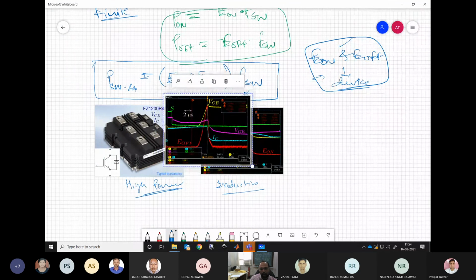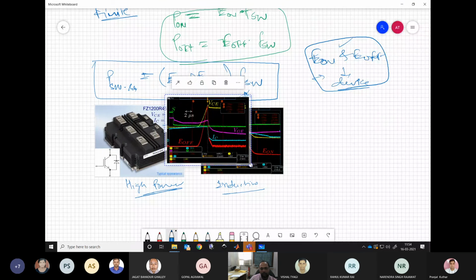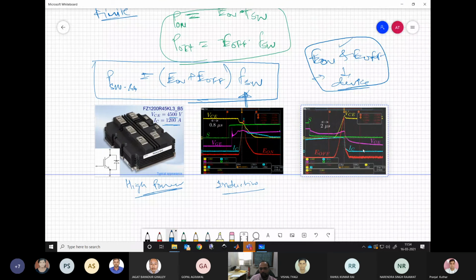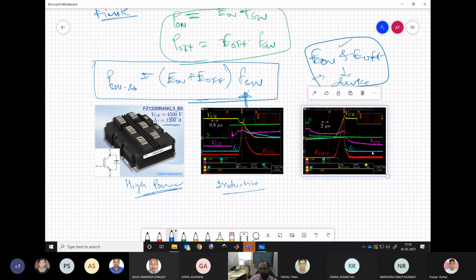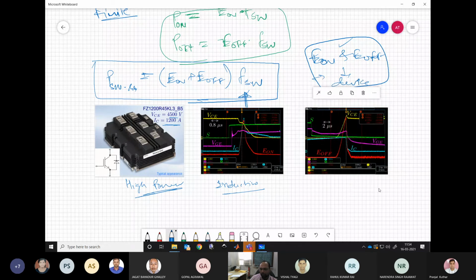Here the T off takes more time. That is because of the device characteristic. We have no say over it. This is how the system is, and we are bound to use this device. Again, we see E off coming over here. So the values of E on and E off are beyond our control, non-controllable. Unless we change the values of VC or the collector current IC, which is system defined, we may not be able to change these values.